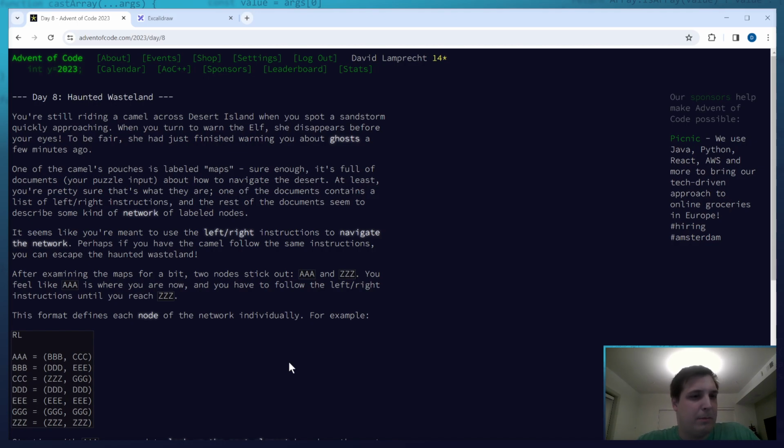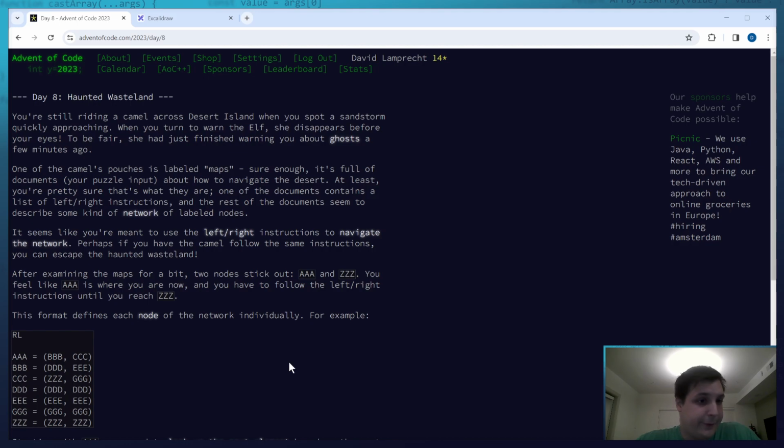It seems like you're meant to use the left right instructions to navigate the network. Perhaps if you have the camel follow the same instructions, you can escape the haunted wasteland. After examining the map, what about that elf? What happened to her?